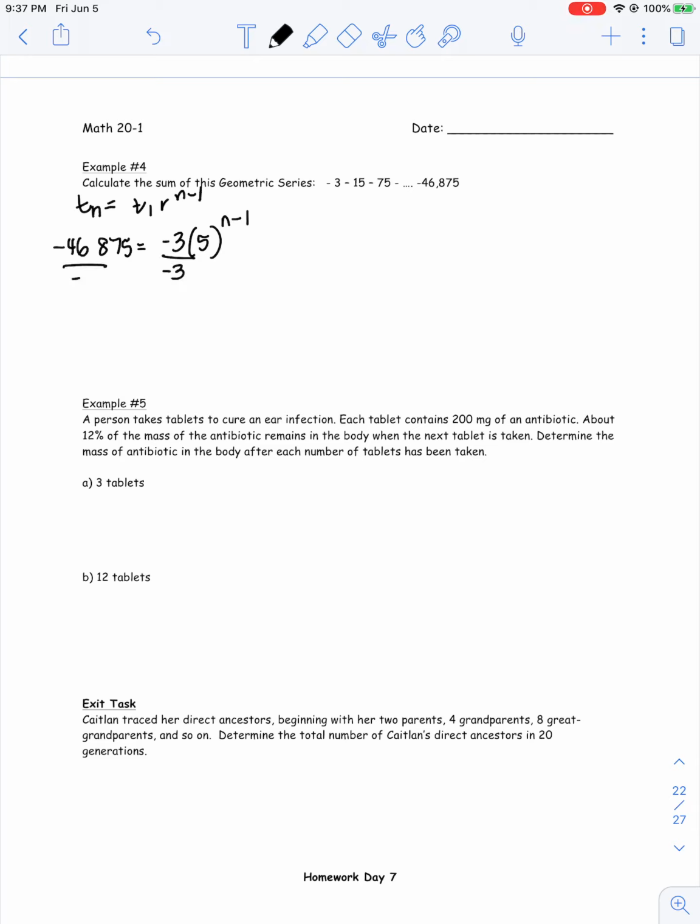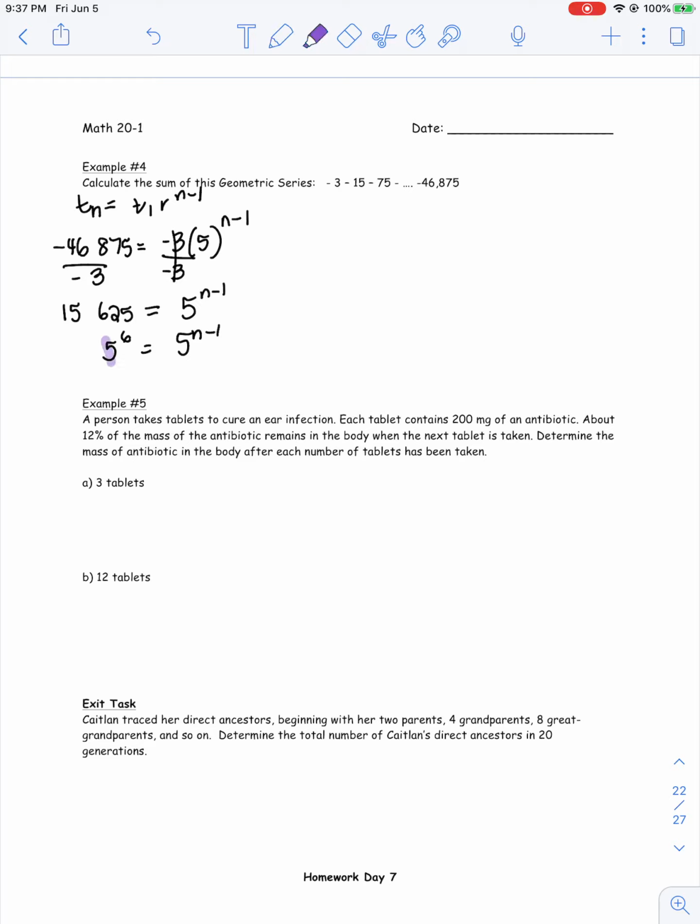So we're going to divide both sides by negative 3, because you always get rid of that T1 to the other side first by dividing. So that's going to give us 15,625, which is equal to 5 to the power of n minus 1. Now this is where we're going to use common bases, because 5 to the power of 6, if you put that into your calculator, it can replace